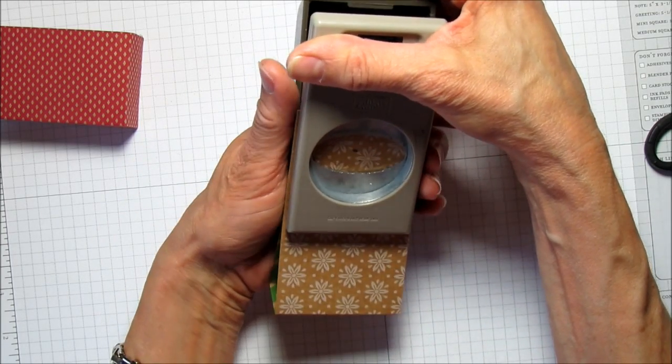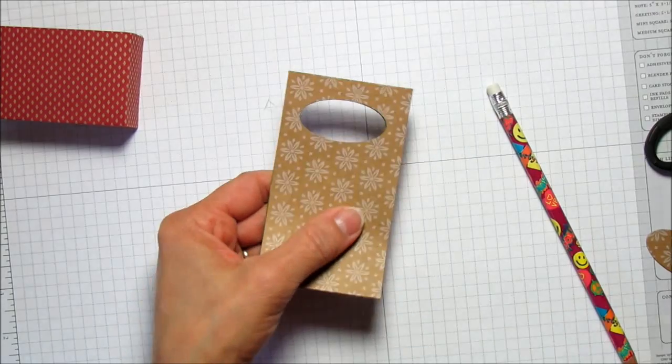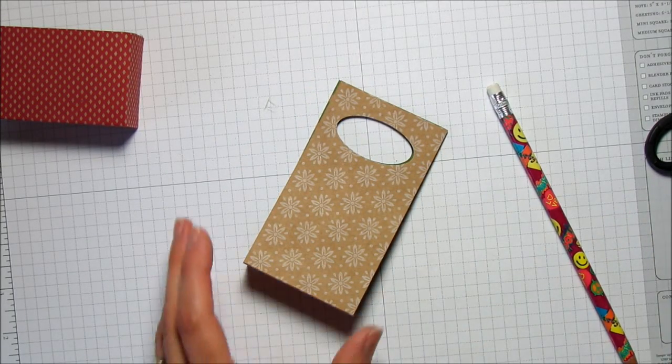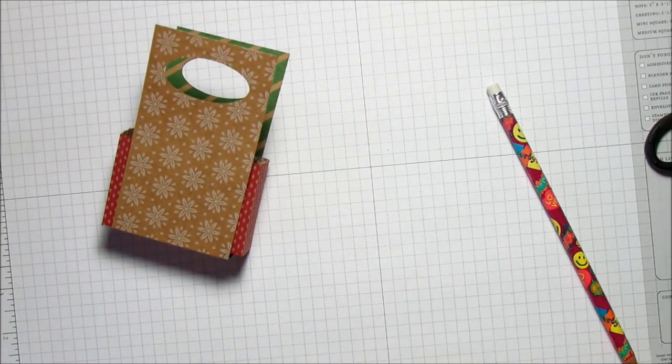I can't see if I got it straight. I need to move it here a little bit. There we go. And then we'll just punch those, and you have your little opening. Very easy. And then what we're going to do is I'm going to grab a piece of wild wasabi ribbon,